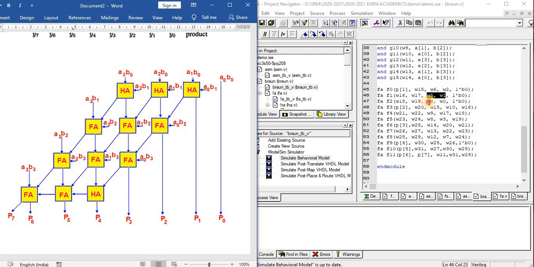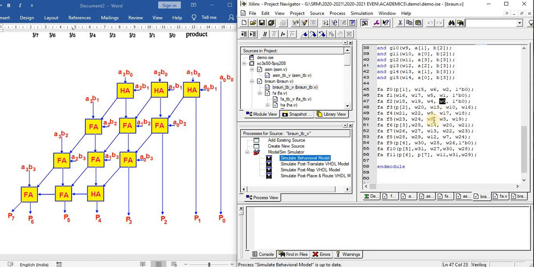A2 B1 is W4 and A3 B0 is W0, which we already got by means of AND gate logic. The third input is 0. The sum and carry are assigned W18 and W19. Then F3, where the sum is P of 2 and the carry W20 is assigned.